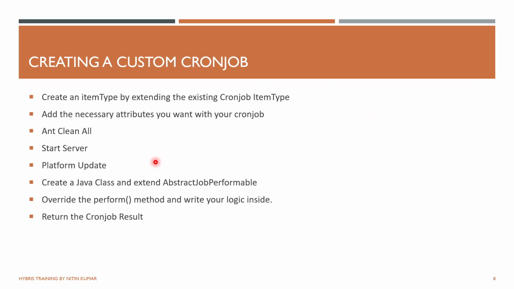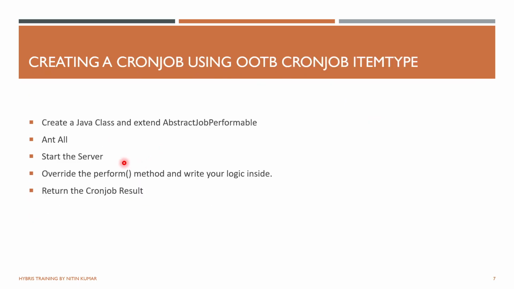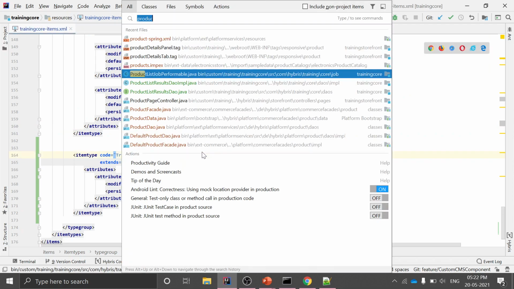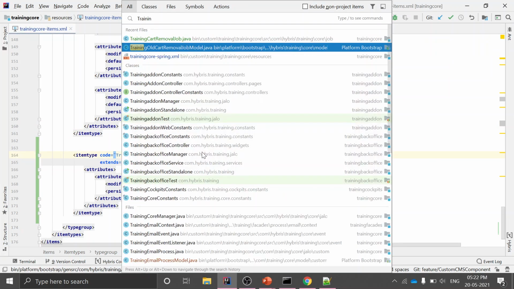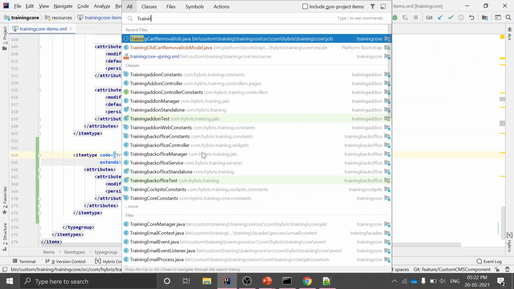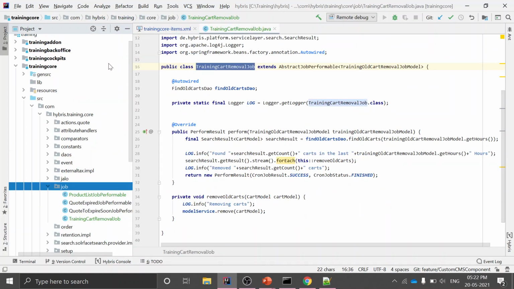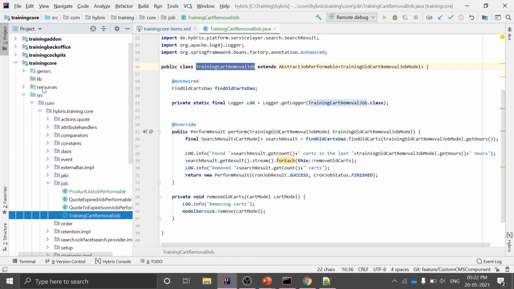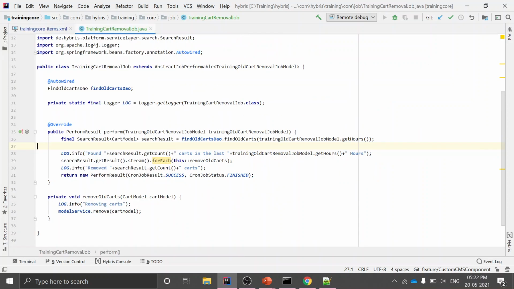So after the system update, all the steps are the same for out of the box and for this also. So create a class. I have created training card removal job here. So this is my Java class. It's in the same package, training core com hybris training core job. I have created one Java class, extended the abstract job performable, and overridden the perform method and given the results, perform result.